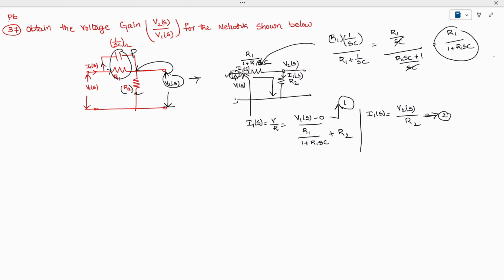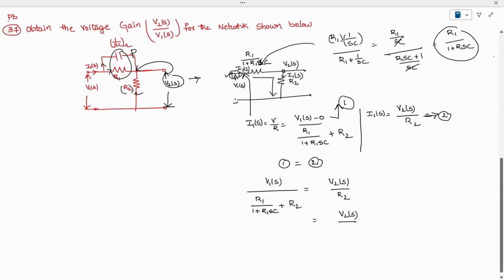You can see here the current is the same, so I can equate the first equation to the second equation. Then I get V1(s) divided by R1 divided by 1 plus R1 SC, plus R2, equal to V2(s) divided by R2. We require the voltage gain, so bring this term to the denominator. So V2(s) divided by V1(s) is equal to R2 divided by,